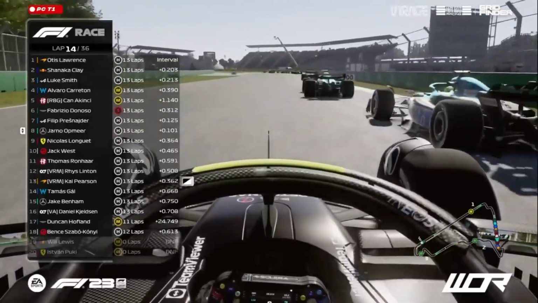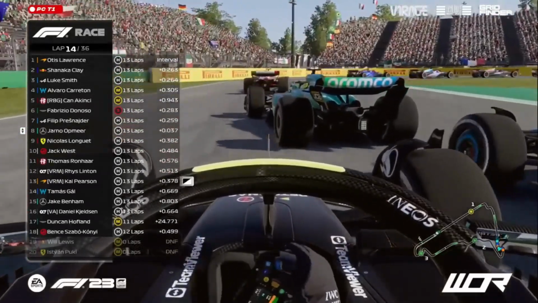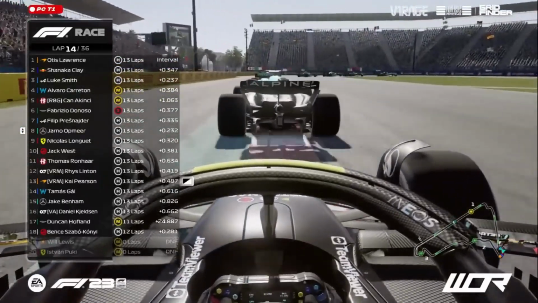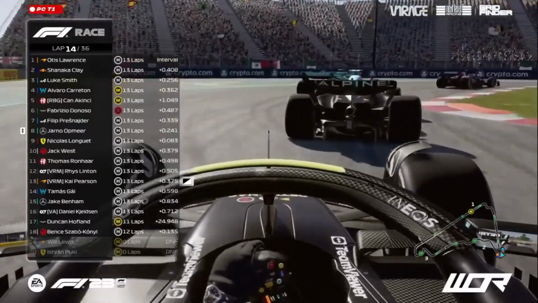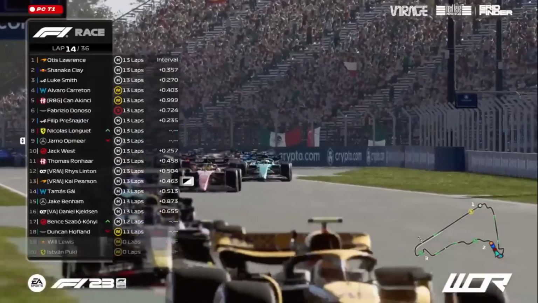They go at turn number 4. The Flying Dutchman will go up the inside to find his way potentially into P7. Philip Presnader ever so slightly boxed in by Fabrizio Donoso there. Little bit of wheel banging with the Mercedes driver and Fabrizio Donoso. I'm losing my words because Nicholas Longa is